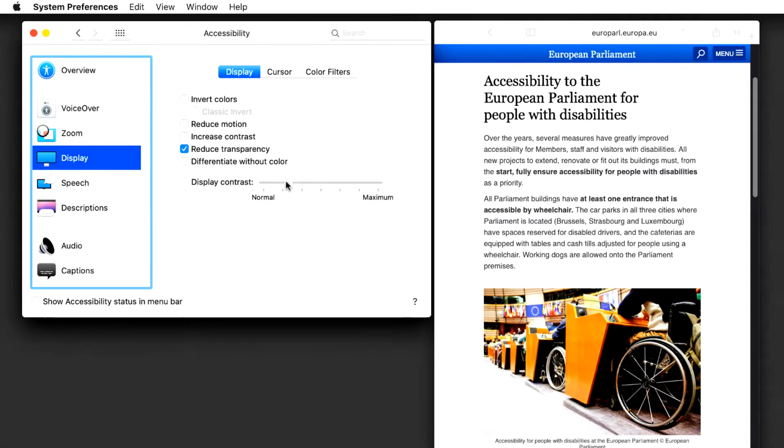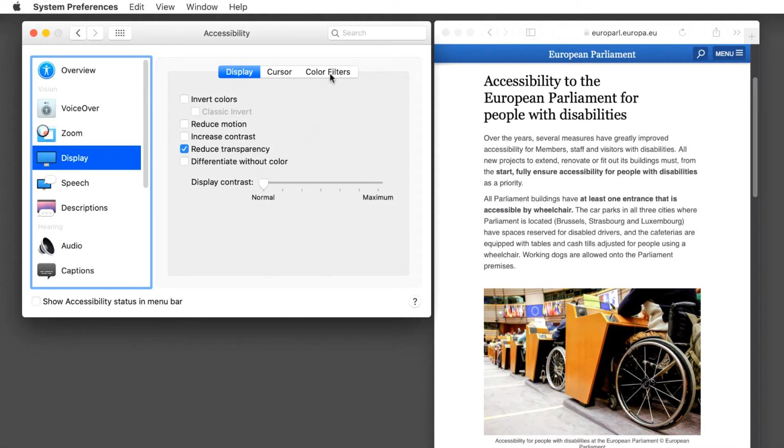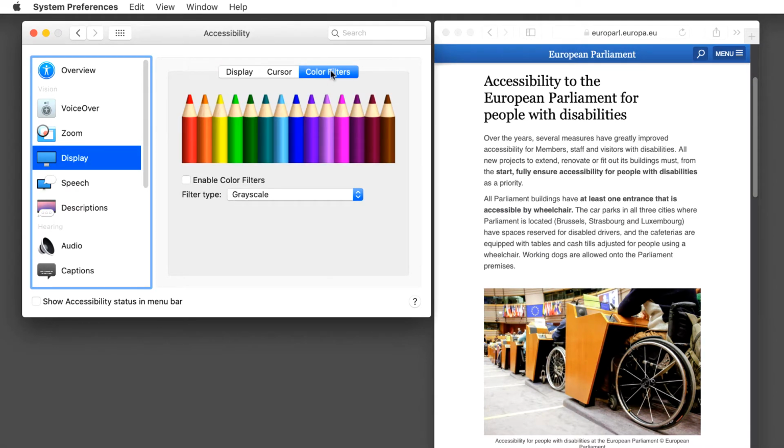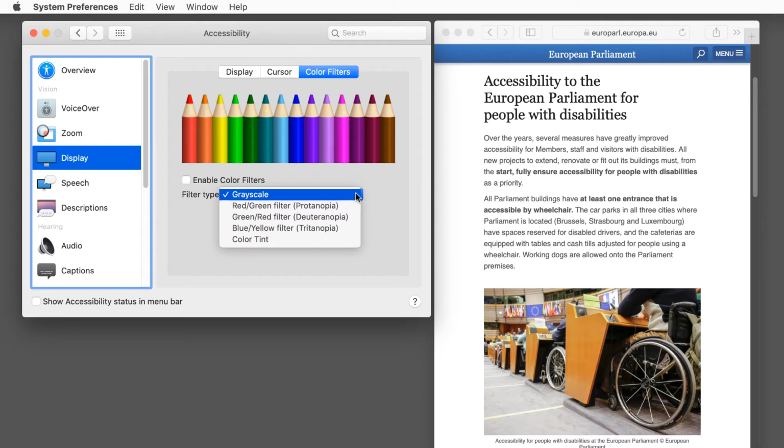If you are a designer and you want to make sure that your document, website, or app is accessible to users with color deficiencies, check that all the content is distinguishable without color. To deactivate colors, select Color Filters and select the filter type Grayscale. Now, test your document. Can all the elements be identified? Is all the text legible? Is the difference in brightness large enough so the different elements offer enough contrast? The filter type pop-up offers more options to support people with color deficiencies.